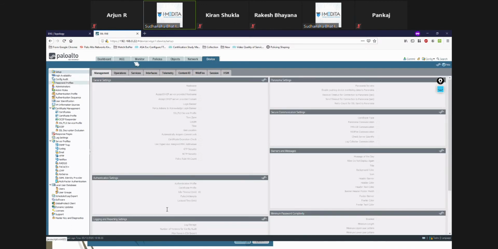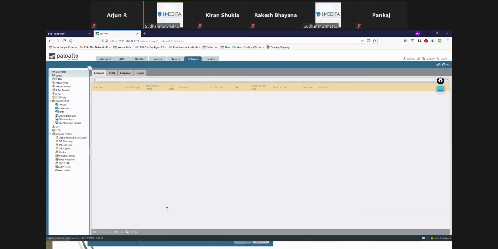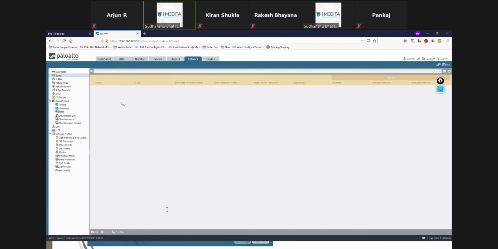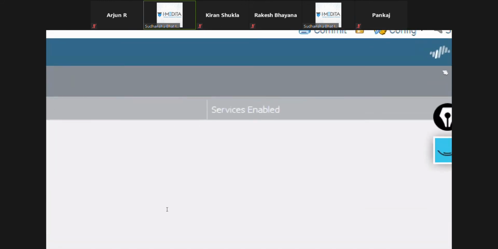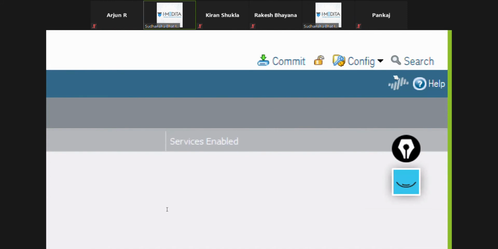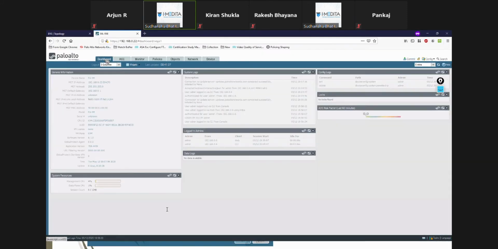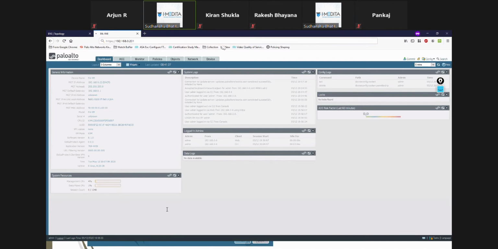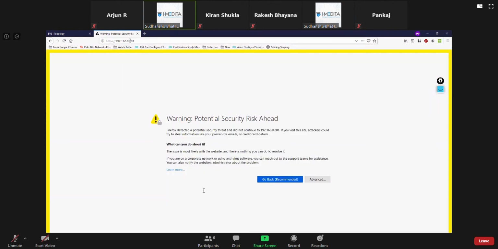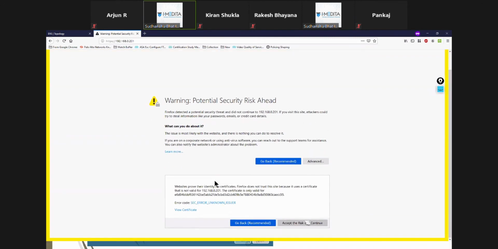There are some things cached in the browser. That's why you are able to see these options. But they are grayed out because it's actually not able to reach the firewall. You can look here: it's trying to reach the page, but it can't, because as soon as that configuration was committed, the IP changed to 201. So you'll have to modify that in the browser and then go back again to the firewall.